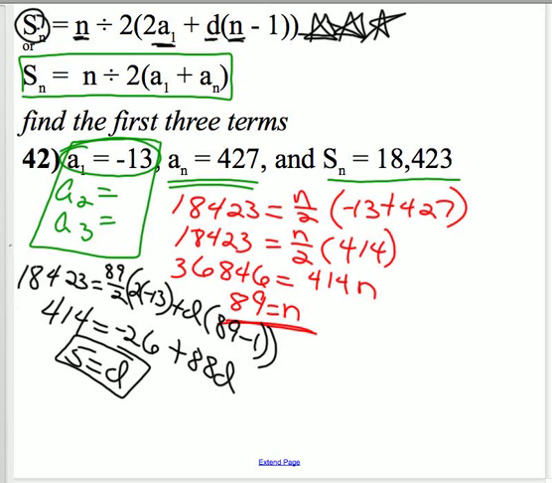That allows me now to go from the first term to the second, second to the third. I know if I start at negative 13 and I add 5, I'll get negative 8. Negative 8, I add 5, I'll get negative 3. And I have the first 3 terms now for my